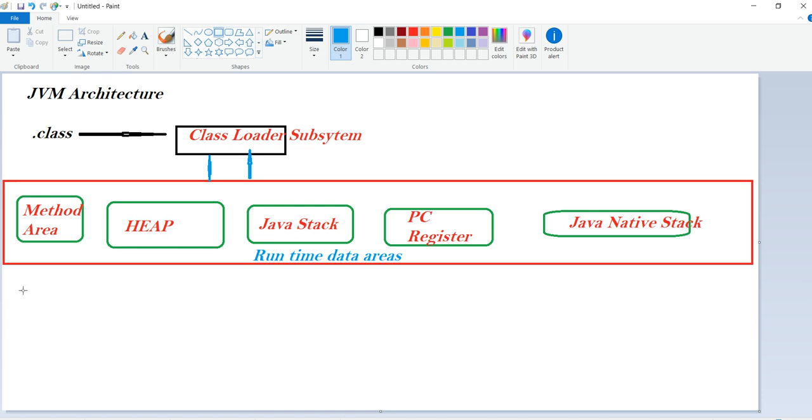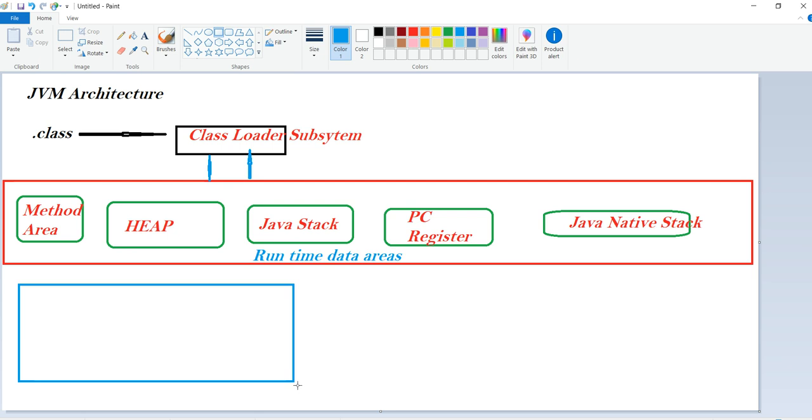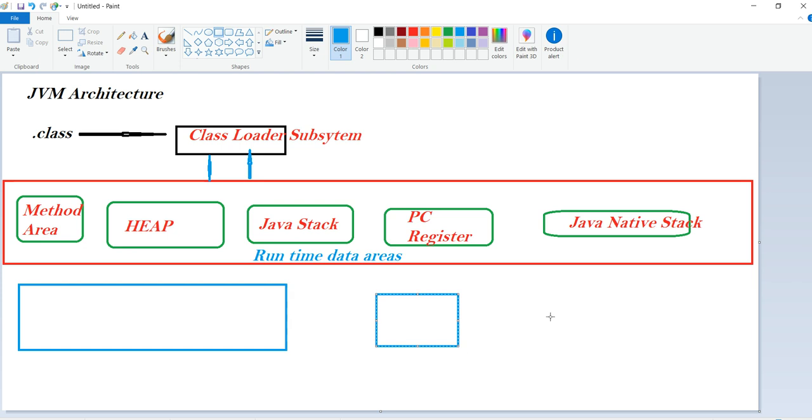The next steps we can separate in two different ways. The first one is the execution engine. This is very important.